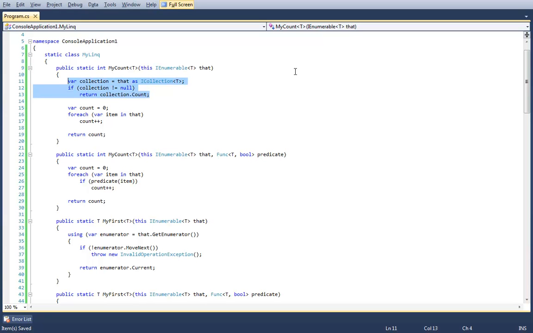Everybody should already be able to understand why this is more performant, what this optimization does, and what cases it'll be triggered for.